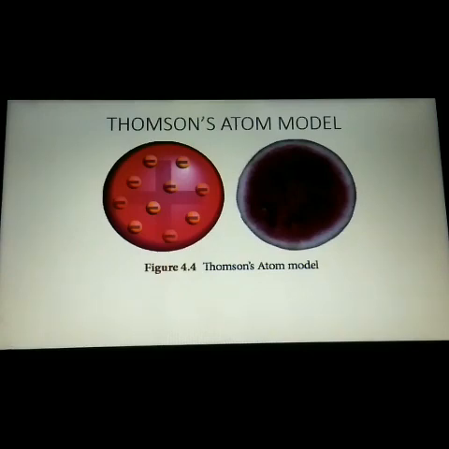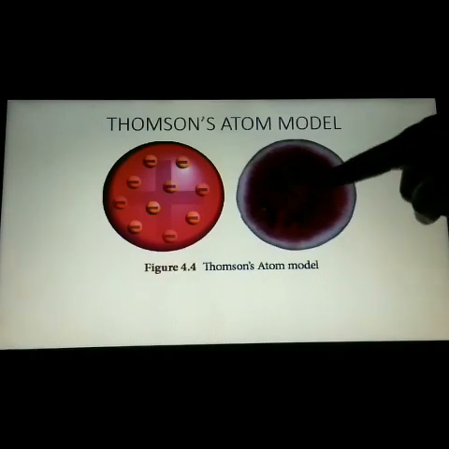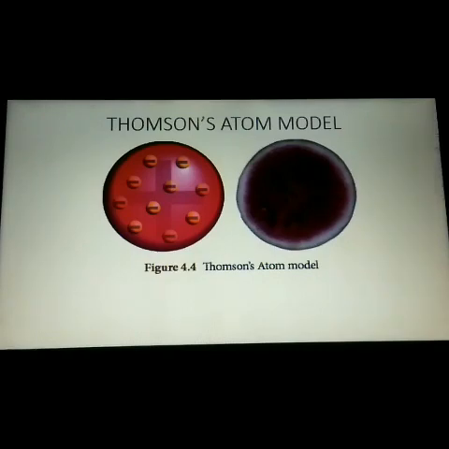And then Thomson compared his structure of an atom with a watermelon. So it is also known as the watermelon model, or the plum pudding model. The embedded electrons resembled the seeds of a watermelon, while the watermelon's red mass represented the positive charge distribution. In the picture itself you can see the red color portion, and you may be able to see the seeds of a watermelon. So according to Thomson, the electrons resemble the seeds of a watermelon.